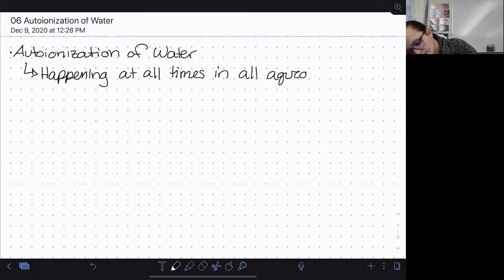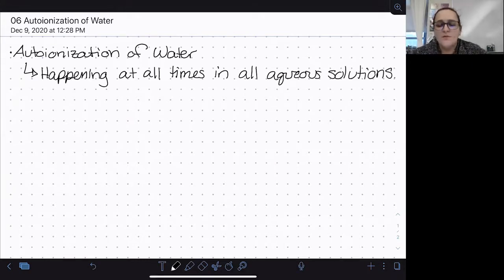So even if there is some other reaction going on, no matter what it is, even if there is no other reaction going on, if you have water, you have this reaction happening. You have this equilibrium that has been established. So the autoionization of water,